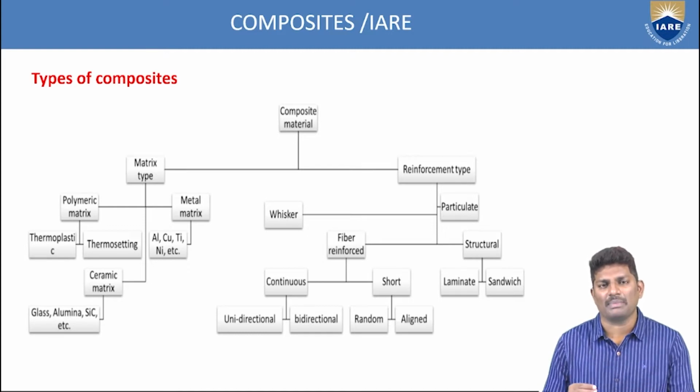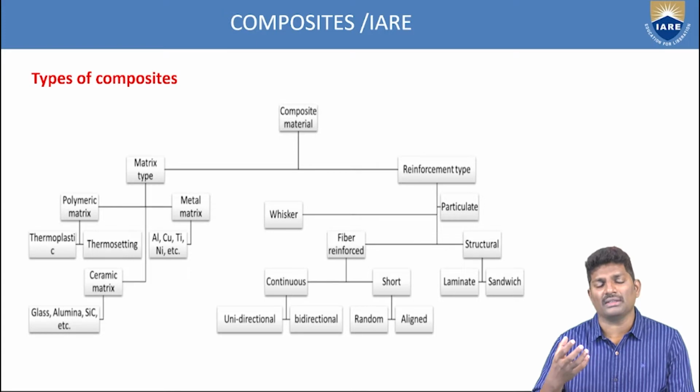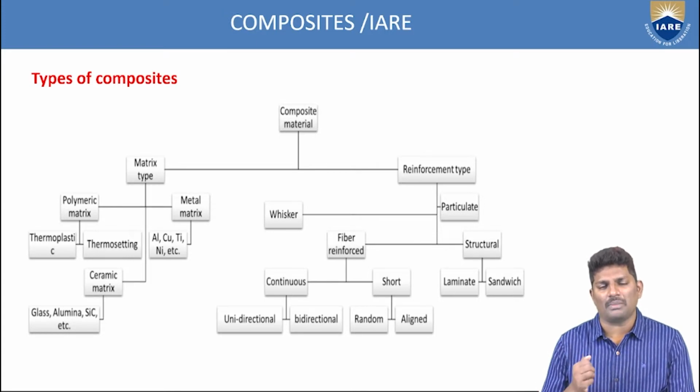In this case, what is happening? We are trying to increase the properties, and also because we are using the glass reinforced material, the weight is also getting reduced. So that's why these composite materials are very useful in any type of application. Based upon if you want to reduce the weight, or increase the efficiency, or increase the properties, all these things can be achieved with the help of these composite materials, because they have different types of materials combined into a single material to get unique properties.